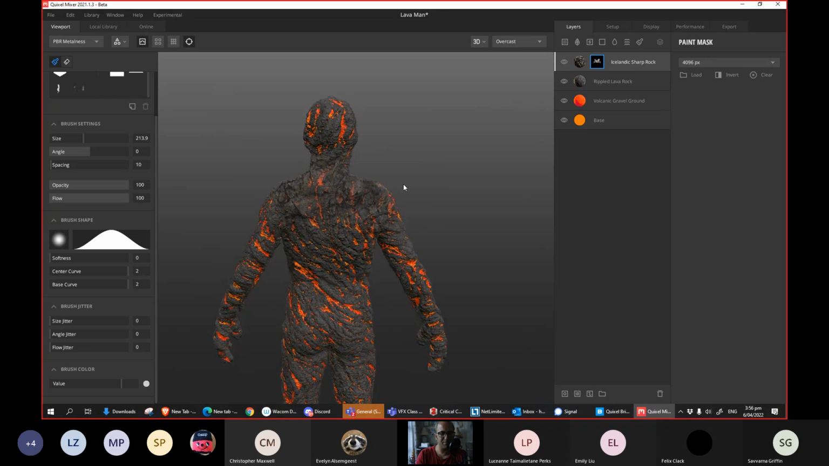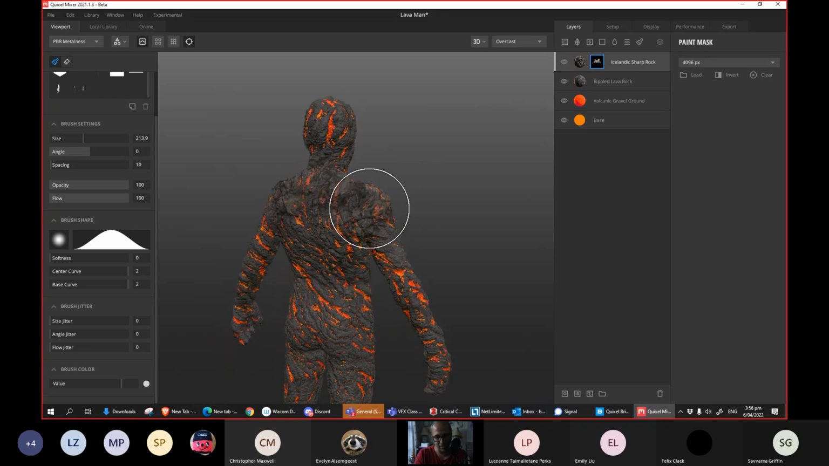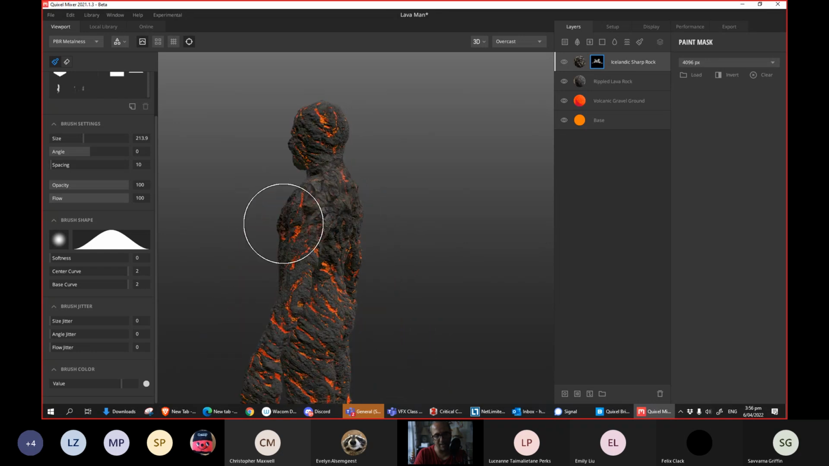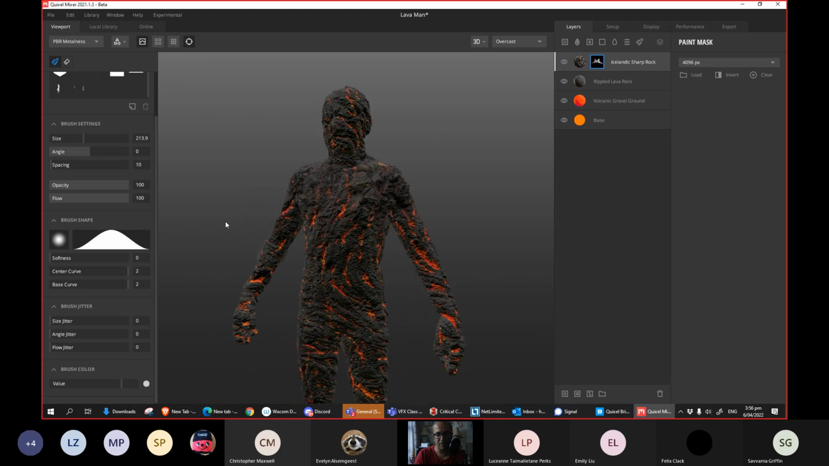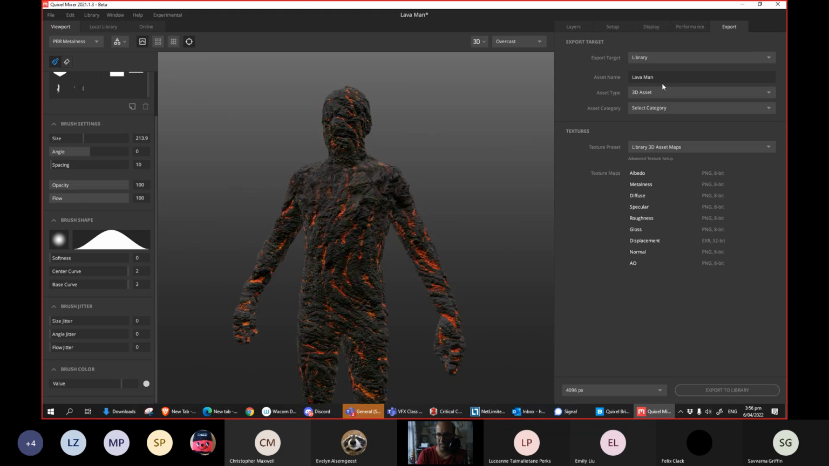It's time to bake it. By baking, I don't mean making a cookie or cake. I mean combining all the shaders and textures together and sending it back to our Maya. So this is how we do it. You go to the export and you say, I want to export to the library. And you have to create a library category. So here you see I made a category called